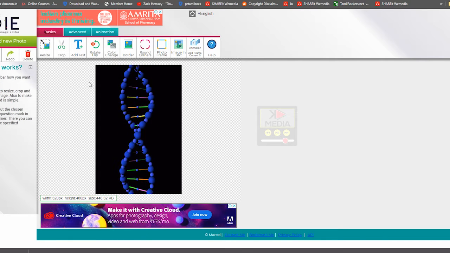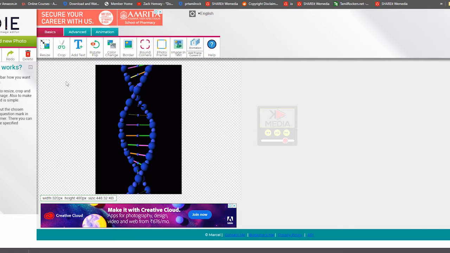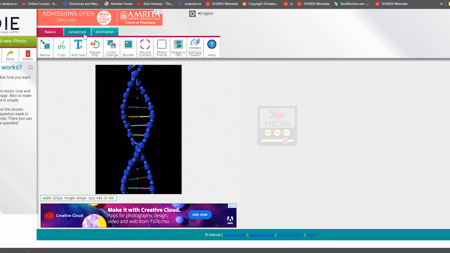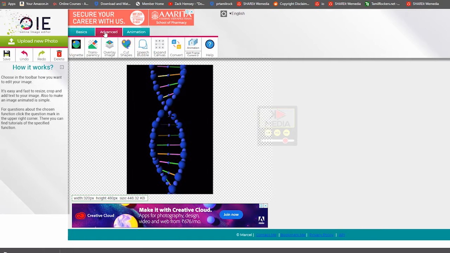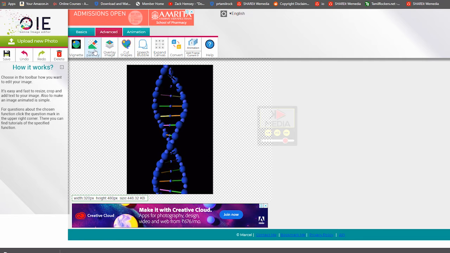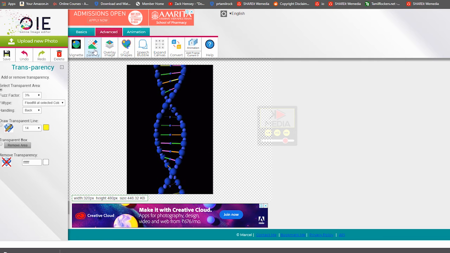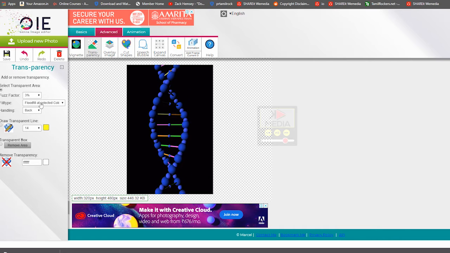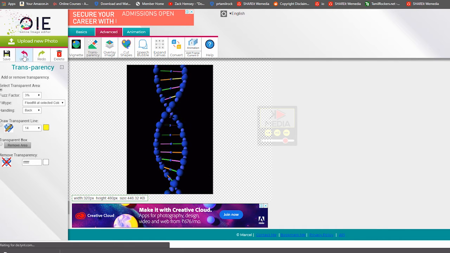So how does it work? After going into it, it has 3 tabs: basics, advanced, animation. Go ahead and click on advanced. It has something called transparency. This is what you have to click on. After clicking on transparency, there are several things on the left hand side, like save, undo, redo and delete.